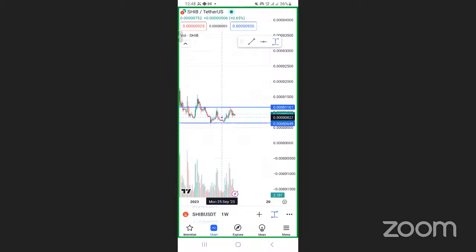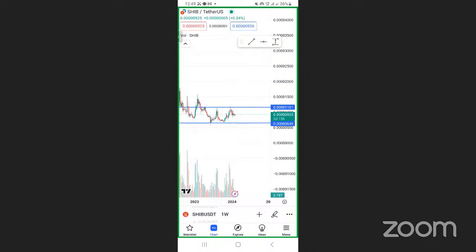So you could wait for SHIB to come below here, and then you move up, approaching the range high, another 60%. You get it? So as of now, it already hit the range high. There are higher chances that it's going to come back at the range low. And then when it comes back at the range low, you buy. Then you wait and go with it up. I see another 60%, like that, until SHIB